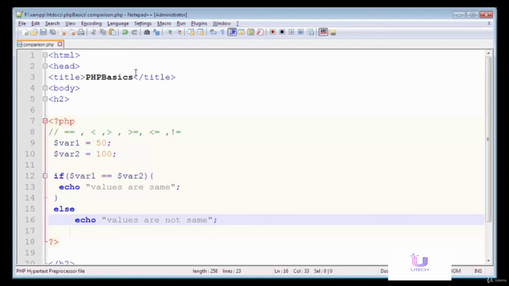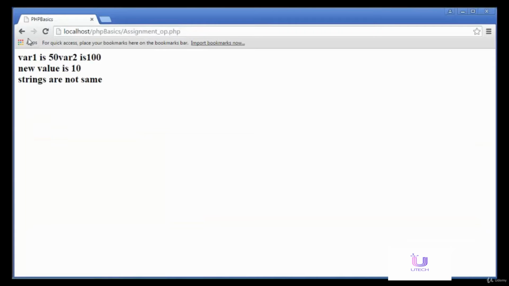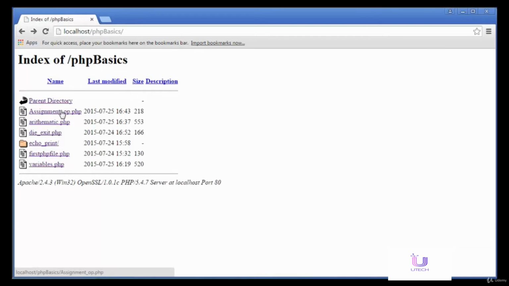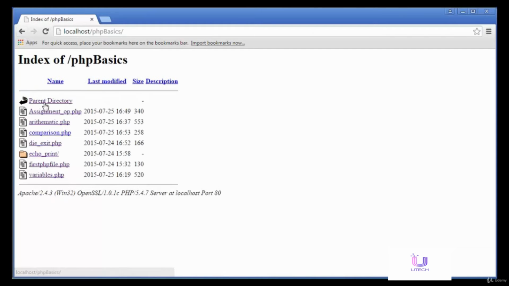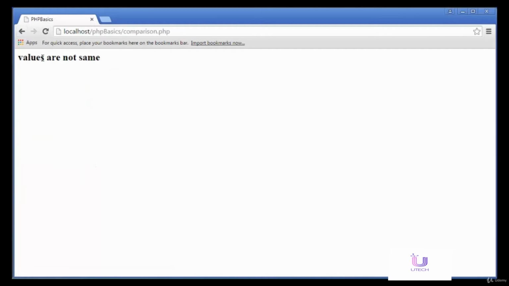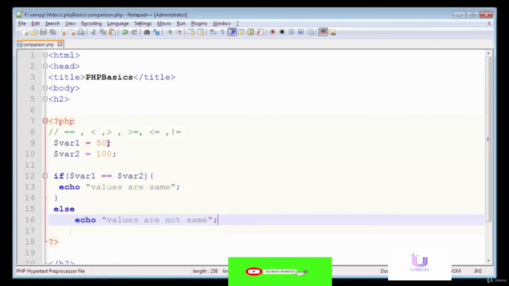Now I'm going to save this file, open the web browser, refresh it, and open the page PHP basics comparison.php.